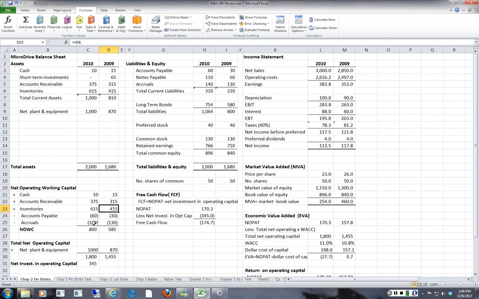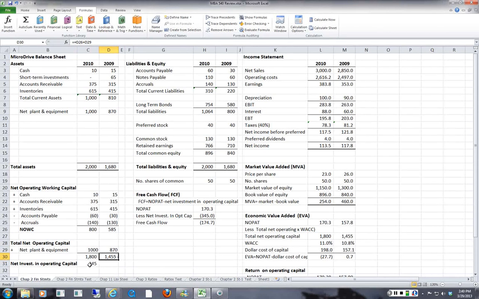So you can see that. And then we deducted the accruals. We did not take out notes payable. So we come up with the net operating working capital of $800 for 2010 and $585 for 2009. And to that we add this net plant and equipment of $1,000 in 2010 and $870 in 2009. So we come up with a total net operating capital of $1,800 in 2010 and $1,455 in 2009, and that's